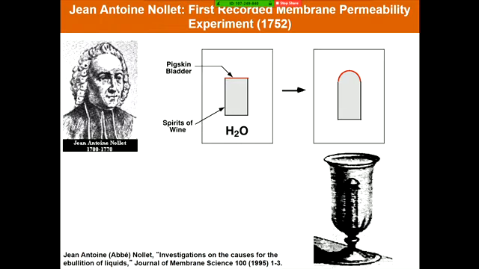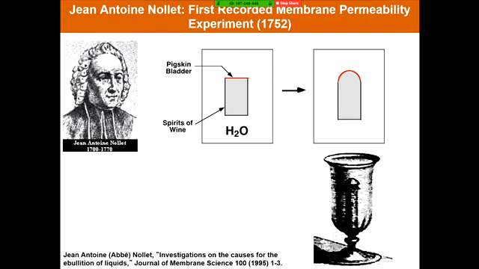And he's doing an experiment where he's trying to study the cause of boiling in liquids. He didn't set out to study permeability, and so this is a lesson for the PhD students in the room, is that sometimes in the course of doing what you're supposed to, you find something else that's really extremely interesting. And so he assumed that this pigskin bladder would be a perfect barrier between the spirits of wine that he put in the inside of this glass container and the water that he put around it